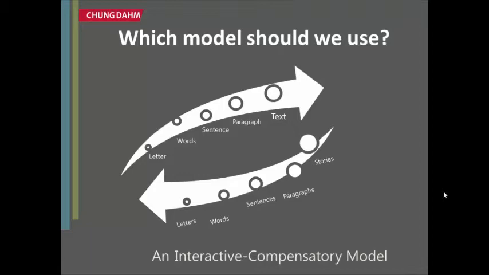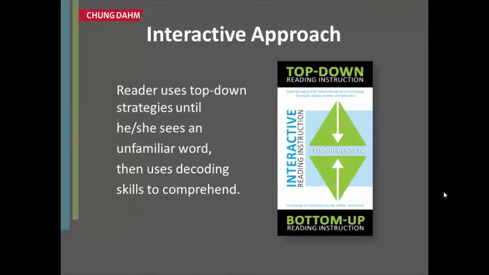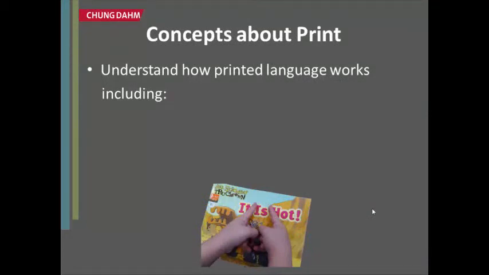But it's not that we choose one or the other. It's more that depending on our background and depending on the text, we use a combination of both. And that is the interactive compensatory model of reading. That is, we use top-down strategies until we see an unfamiliar word, and then we switch into decoding strategies to help us comprehend. The first key concept that we need to be aware of as a teacher of phonics is